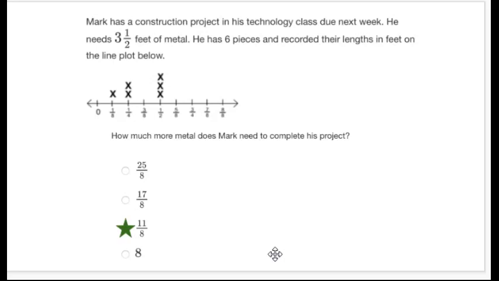Let's look at this problem for line plots. Notice that this one actually has unlike denominators. So when we are adding up what we have here, we're going to have to keep that in mind. So the problem says that Mark needs 3.5 feet of metal, and so far he has 6 pieces that